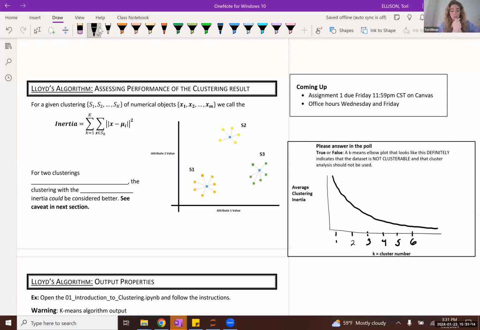Yeah, so a couple of housekeeping elements before we get started. I did send out an email on Friday indicating that I had posted our first homework assignment on Canvas. That first homework assignment will be due this Friday. And basically you can expect another homework assignment posted this Friday night. That will be the general structure of the class. We'll have a new homework assignment due every Friday night.